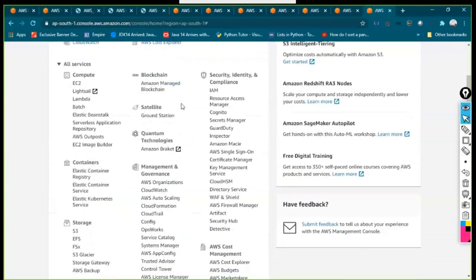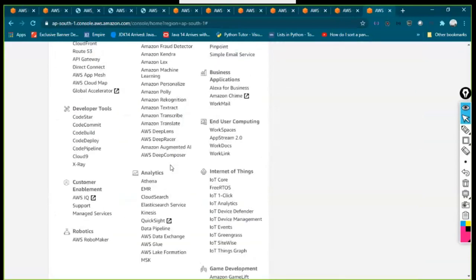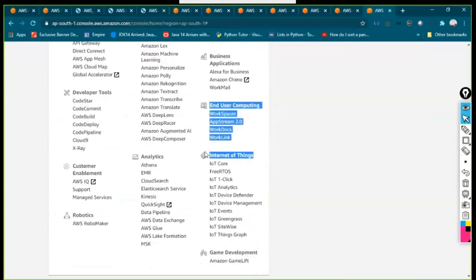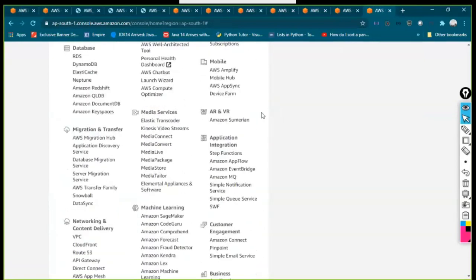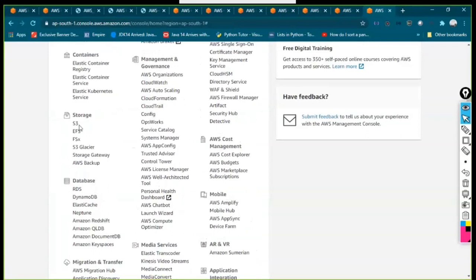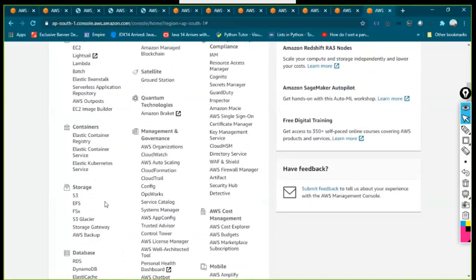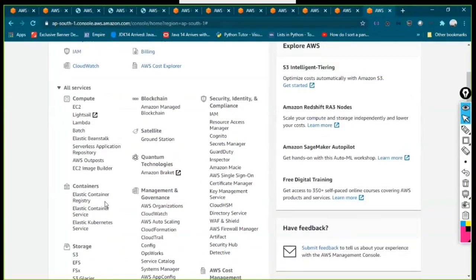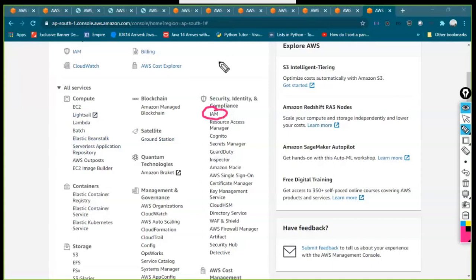You can see all the list of services here. Can you see? How many services we have? Internet of Things, analytics, end user computing. But we might be using most frequently things like S3, EFS, storage related, Glacier, databases, RDS, DynamoDB, ElastiCache. You can also use external databases by using the demilitarized zone option which AWS offers. We have computing options like EC2, Lambda, blockchain, and a whole lot of things. This part we are going to explore in the upcoming Connect sessions.